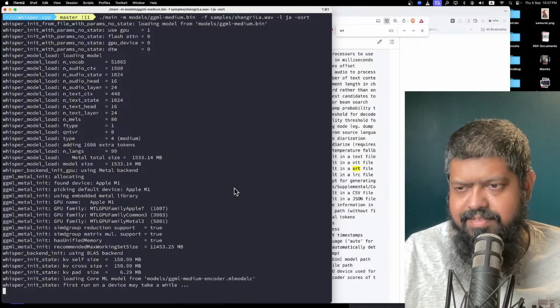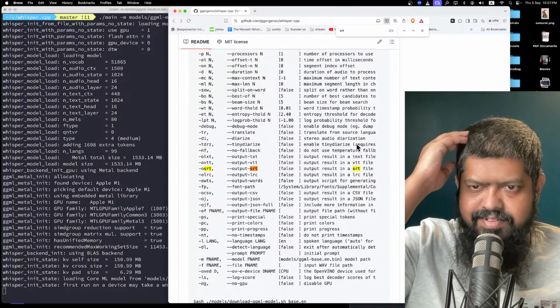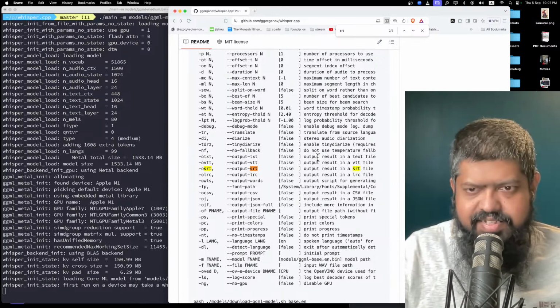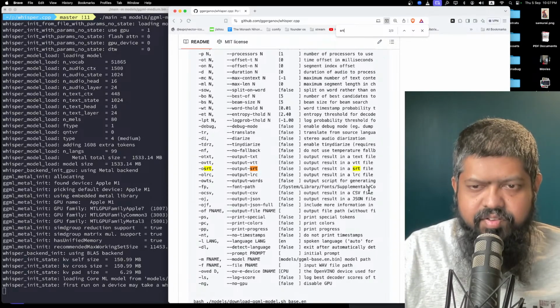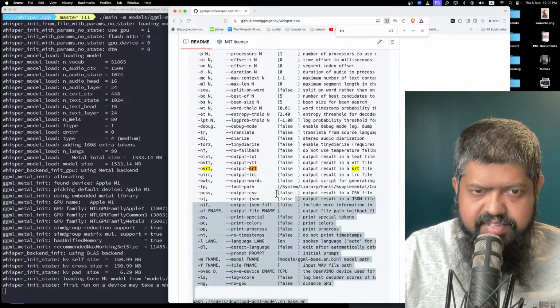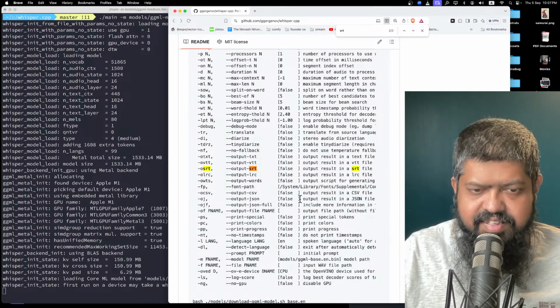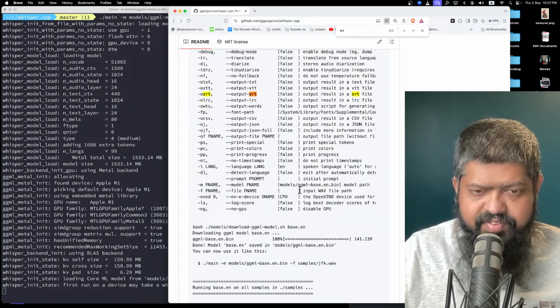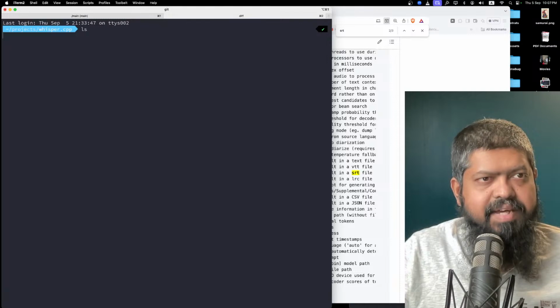So let's see if the SRT gets done, right? Also VTT. Also, you can get CSV and JSON. So instead of text, we could get a JSON file. I wonder what it gives us if it's in a JSON file. But if I go back here,